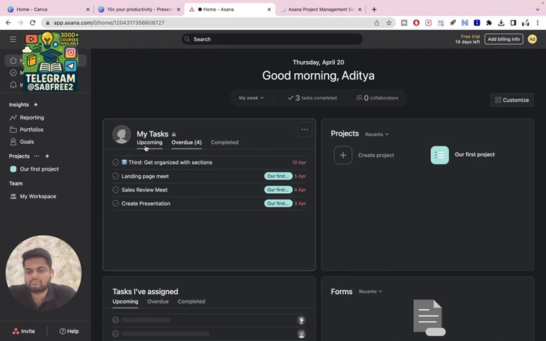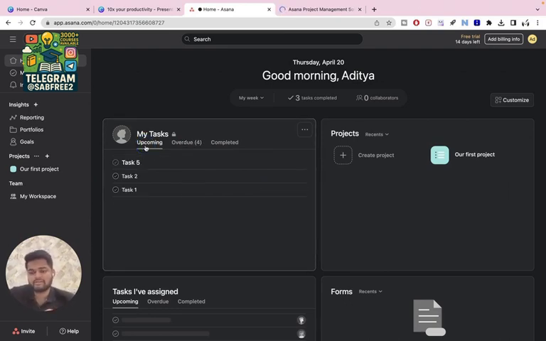Alright, so there will be overdue section as well. Let's say once you have added task, but there are some deadlines for tasks, right? How good this will be if you can add deadlines and if you can add additional information for your task as well. Alright, you can do that. What you have to do, simply click on the task. Okay, once I click on the task,